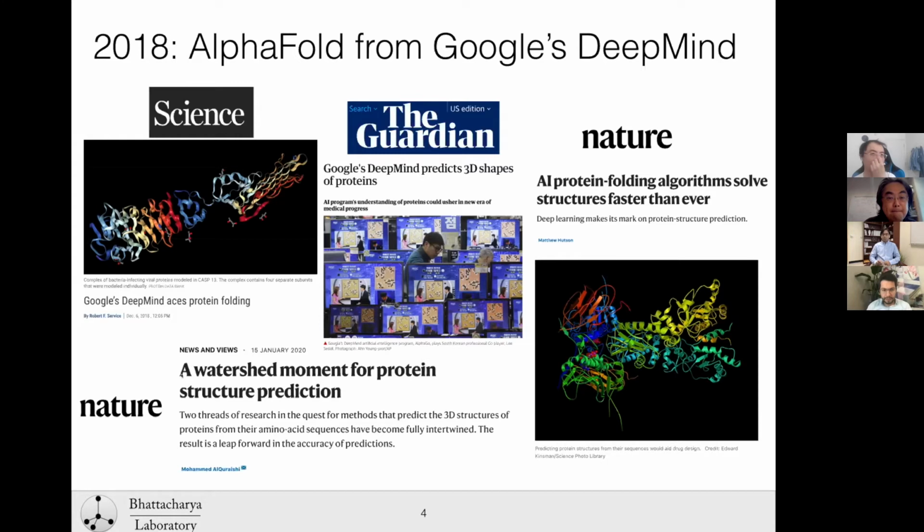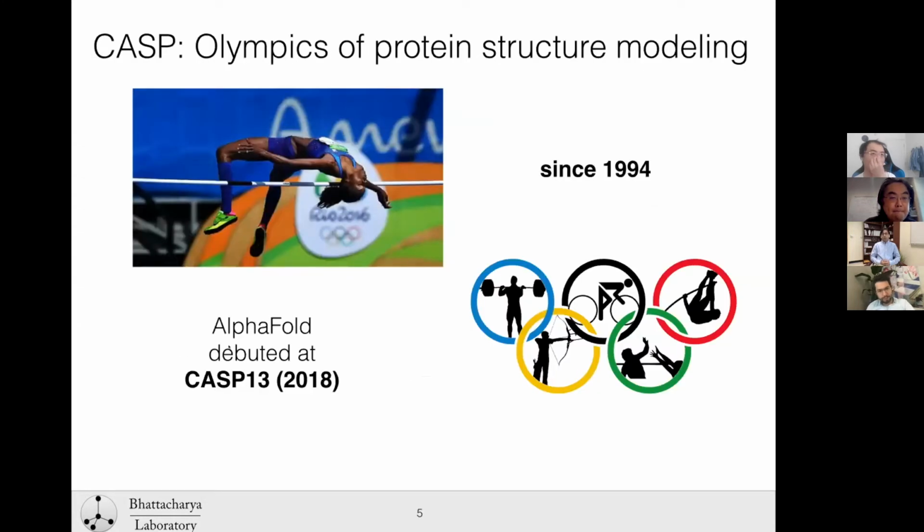So what really happened? Well, AlphaFold participated in the Critical Assessment of Structure Prediction, commonly known as CASP. This is an experiment which happens every 2 years and has been happening since 1994. It is considered an Olympic Games of protein structure modeling. The idea here is research groups all around the world participate in this CASP objective assessment, and they are asked to predict structures of unknown proteins, which have not necessarily been solved experimentally yet. And then assessors and evaluators objectively evaluate the progress in the field.